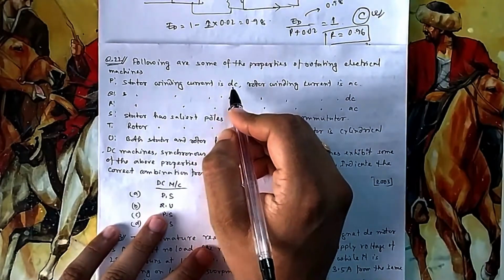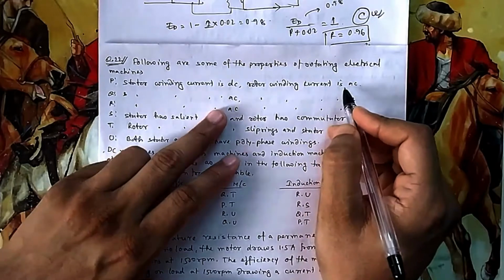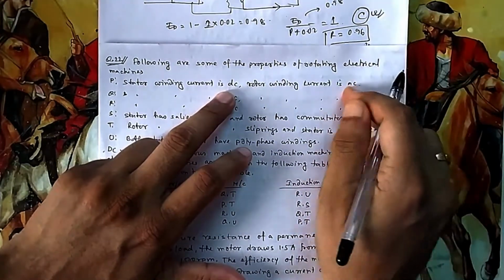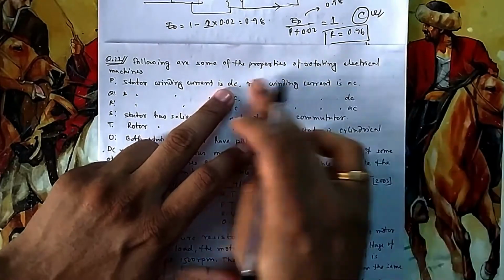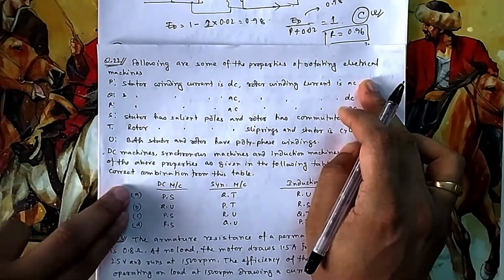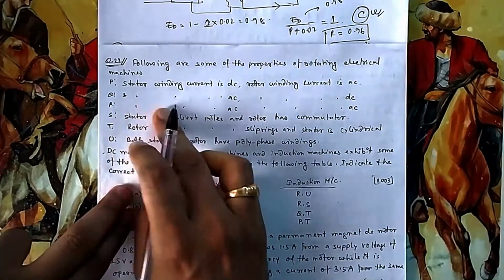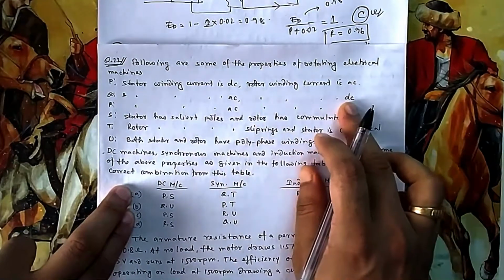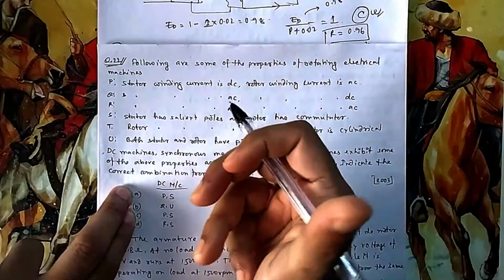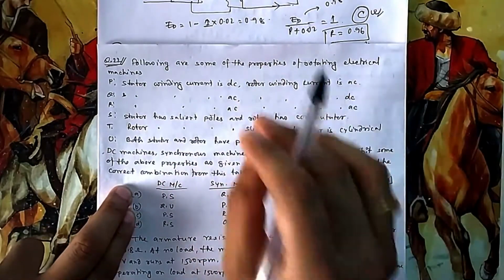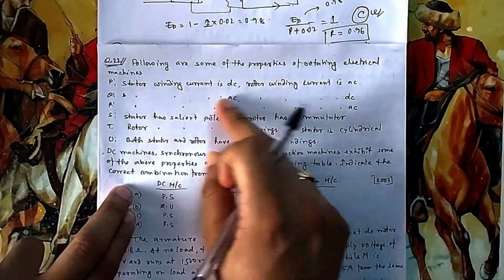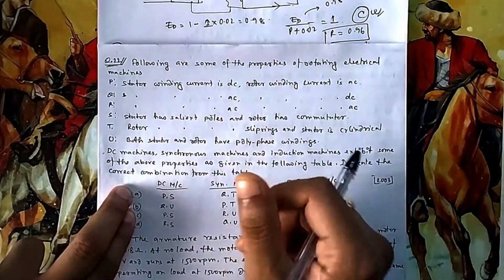So the stator is DC, and the rotor is also AC. You take it as DC by using a commutator, but the actual current is AC. So you can say P is obviously connected with your DC machine. So it is either A or C. Then in Q, stator is AC and the rotor is DC. Which machine? Synchronous machine. The field is rotating, so you make the field by giving DC supply. So it becomes a magnet, and you take the output from the stator. That is your generator. Synchronous machine means generator, you can think of an alternator.